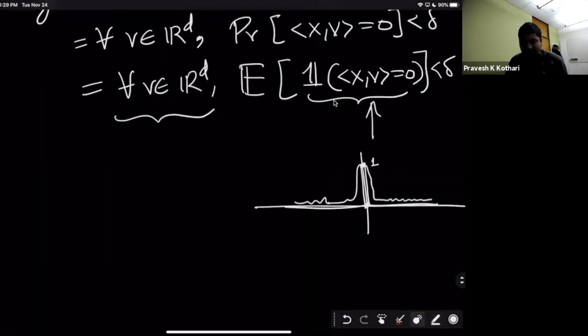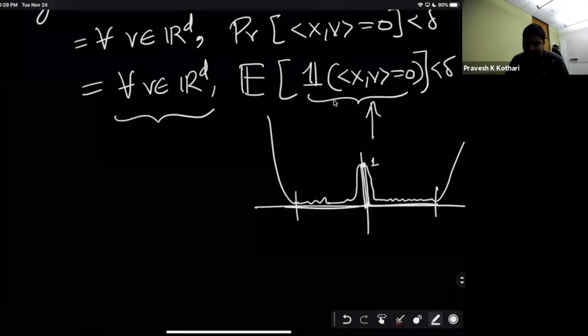Now, it's a polynomial, so its real nature has to show up at some point. So at some point, it definitely has to rise up. It can't be low forever, right? When you take the limit of a polynomial as its variable goes to infinity, it has to go to either plus or minus infinity. So my polynomial is always positive, so on both sides it will actually explode eventually, but will stay bounded in some interval. This is the kind of polynomial we'll choose. And I'm actually going to just claim the existence of this polynomial. You have to do some approximation theory to construct it, which we will not do today.